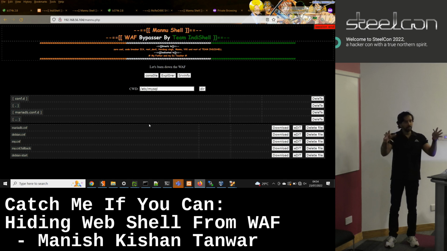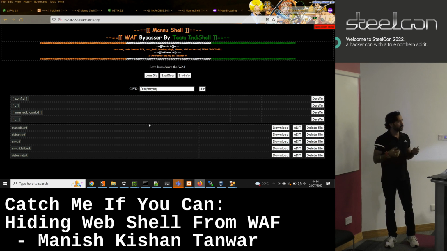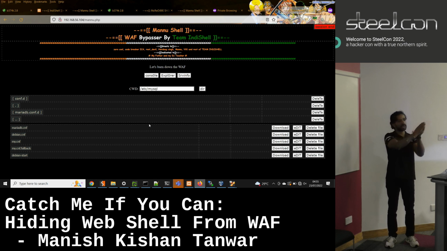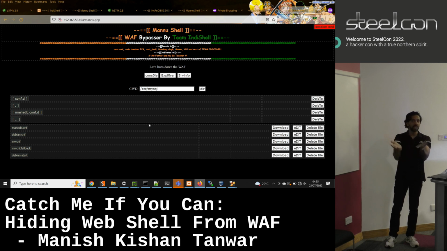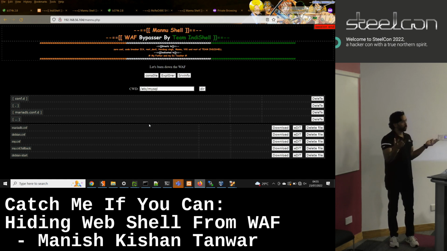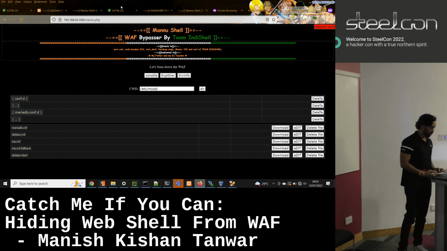This technique will actually help make things a little bit more complicated for SOC guys, because sometimes you are going to access one file, sometimes that file, but you will actually be accessing your web shell. But in the logs, it's like, okay, this file, this parameter, not making any sense. How? So let's say